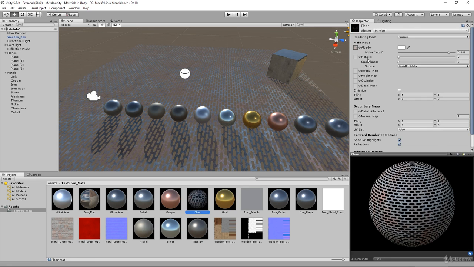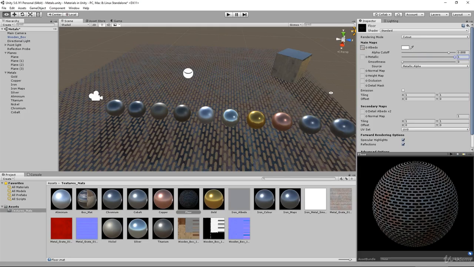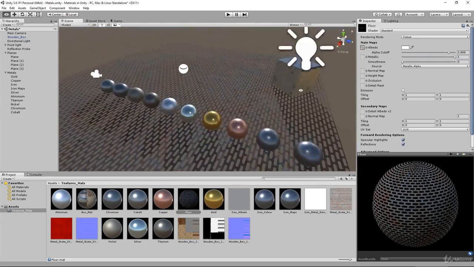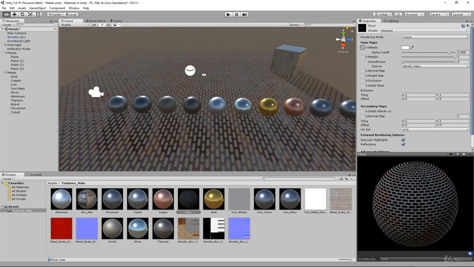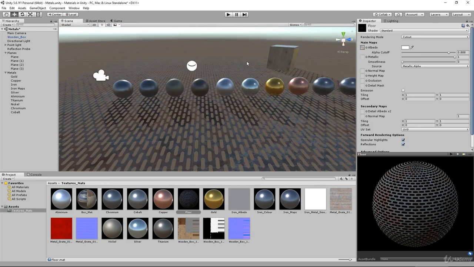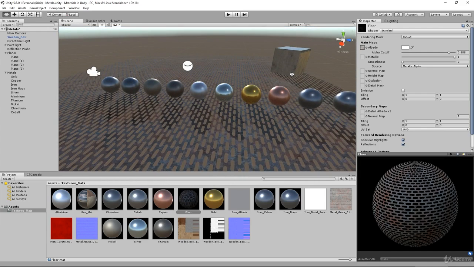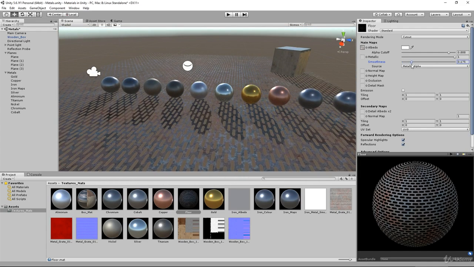So our metallic value here, it's got two sliders. Now I haven't put in any material now, so I can tell the engine that this is metallic just by taking my slider up. If I take it up to 1, I'm telling the engine that it's fully metallic. I'm also telling it, because the smoothness is down, that it's really, really rough. So it's not going to be reflective or shiny in any way, because it's so rough that the light is just getting absorbed into the material. So if I gradually take this up, I'll put it in such a way that we can see the light coming through. Now I can slowly turn it up, and you can see